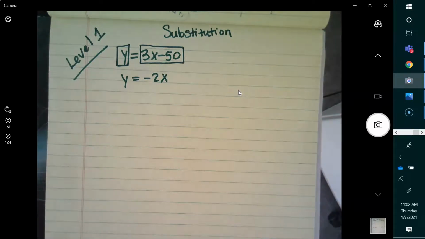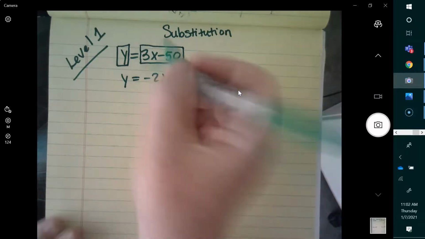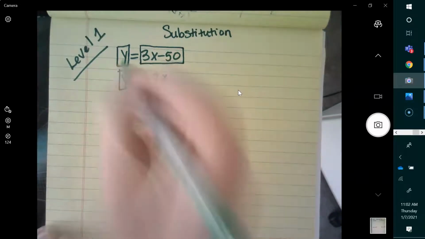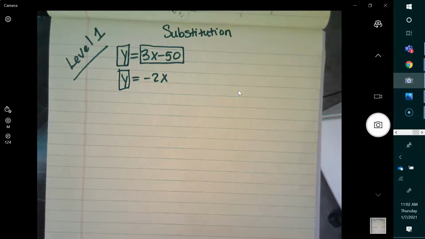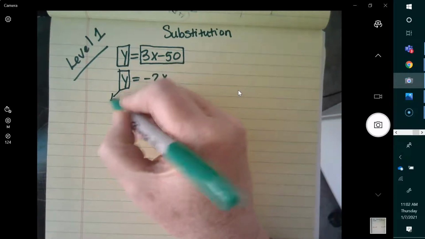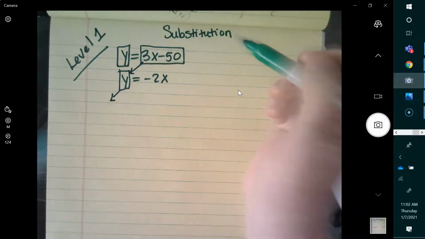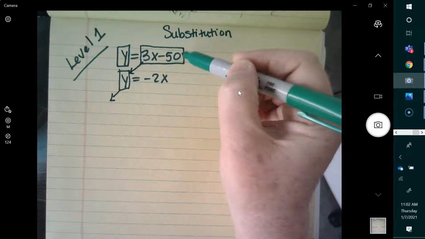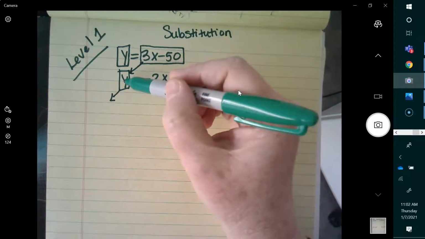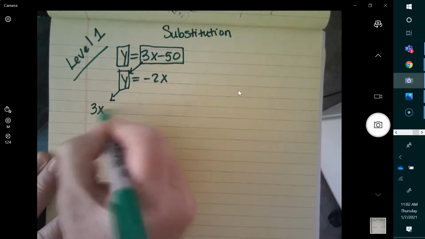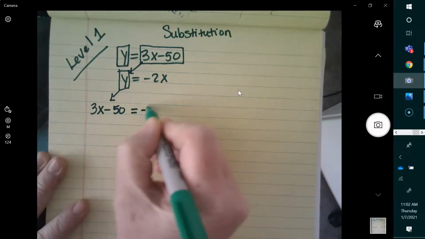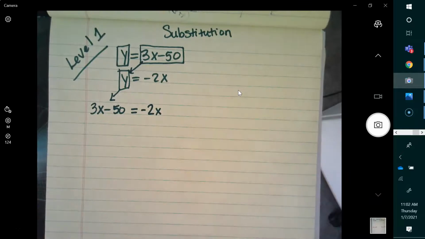And then I'm going to go to the second equation, and I'm going to draw a box around that same letter. It just so happens that it's isolated in this equation too. That's fine. Here's where the substitution comes in. You're going to move that y out, and you're going to move this in its place. Y is equal to 3x minus 50. So instead of the y in the second equation, I'm going to write 3x minus 50 equals negative 2x. My goal is to get an equation that only has the letter x in it, and then I can figure